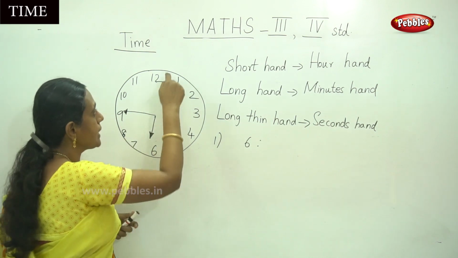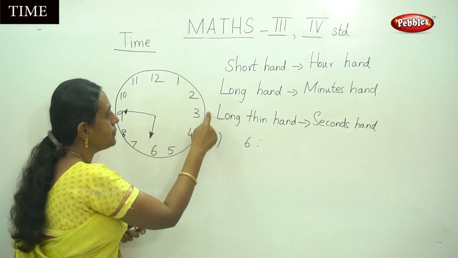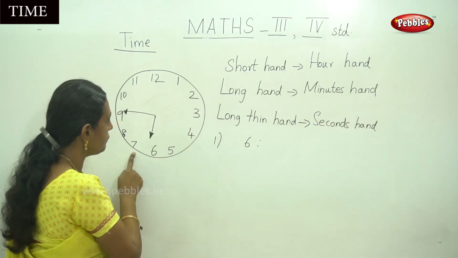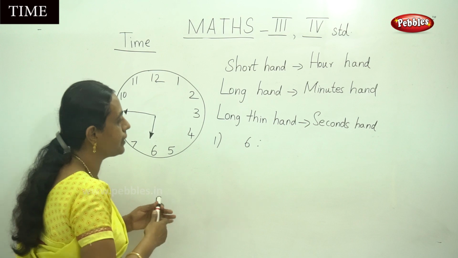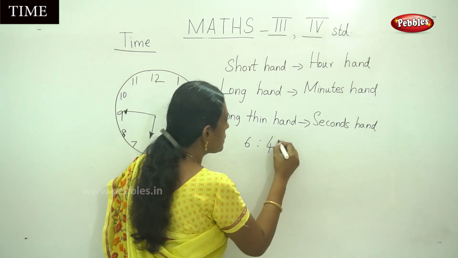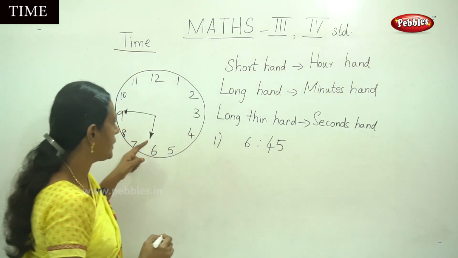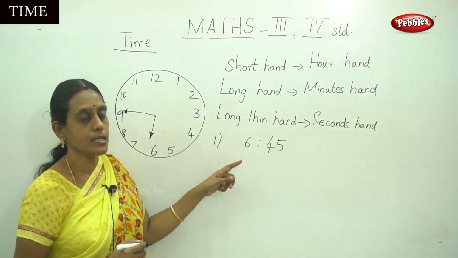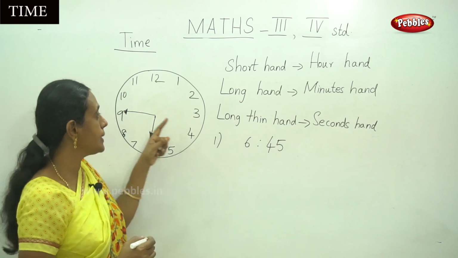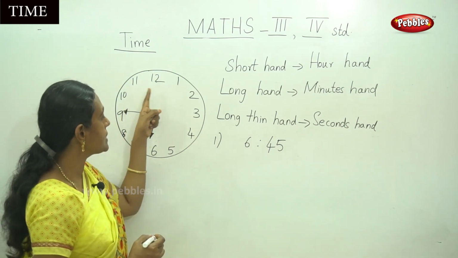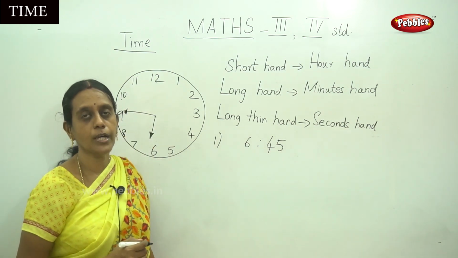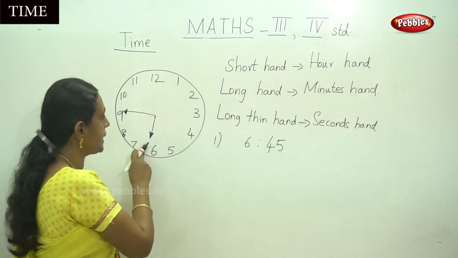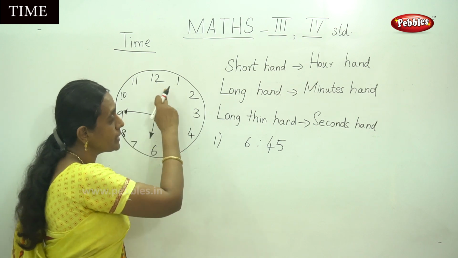And the minute hand you have to calculate by saying the 5 table from the number 12. We are going to say 5, 10, 15, 20, 25, 30, 35, 40 and 45. That is 6:45. Okay, the time is 6:45. And otherwise it is said as 15 minutes to 7. That is quarter to 7. The next full hour after 6:45, what will be the next full hour?